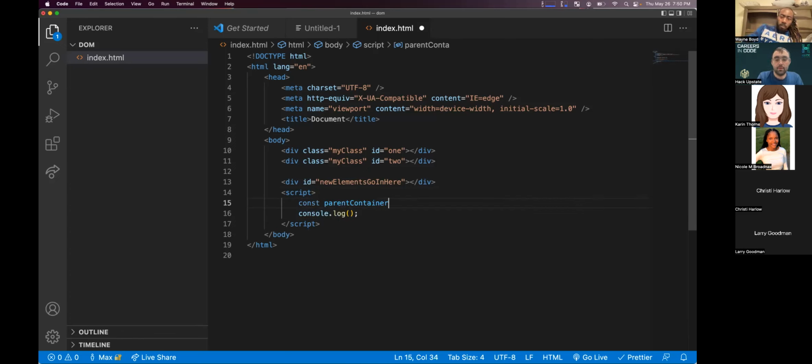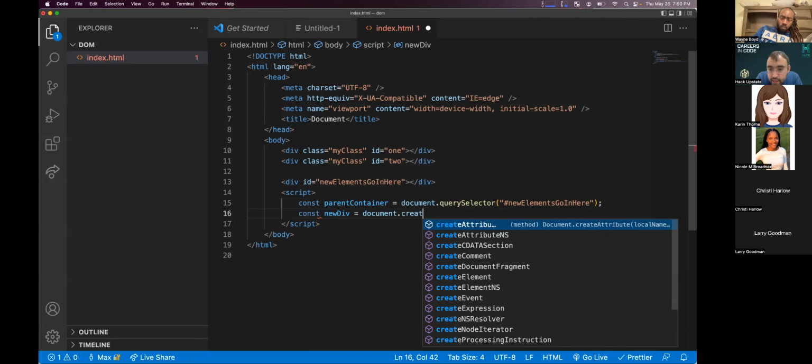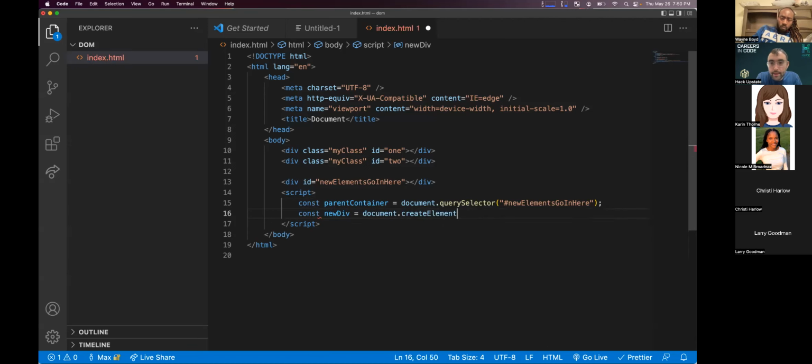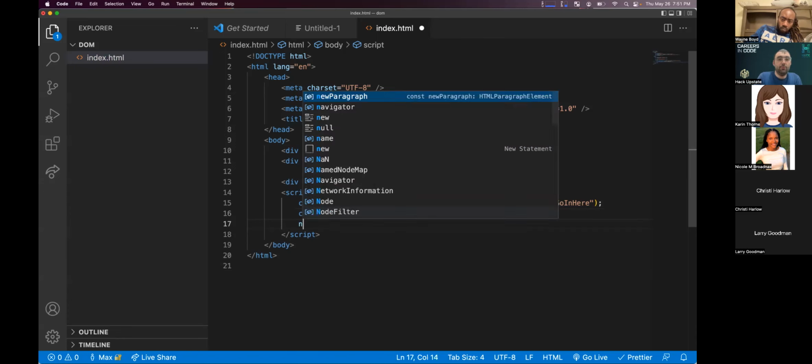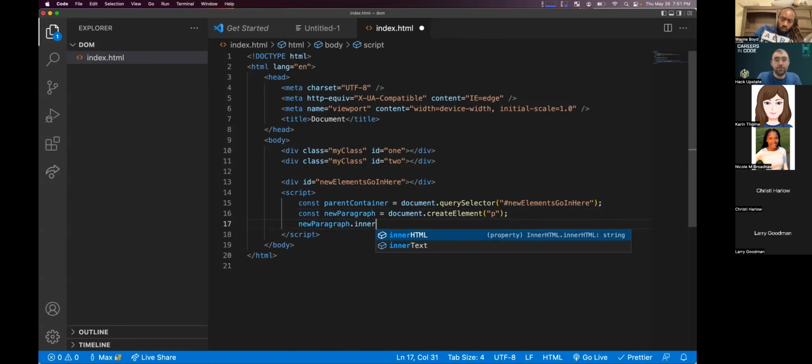And instead of creating our HTML string and using inner HTML and getting it in there, we can actually say const newDiv equals document.createElement. And createElement needs to know what kind of element, what kind of tag we want to create. So let's create a p tag. And that p tag, I called it new div, I should call it new p, new paragraph. That new paragraph, we can add some inner text to that or inner HTML that says my text goes here.